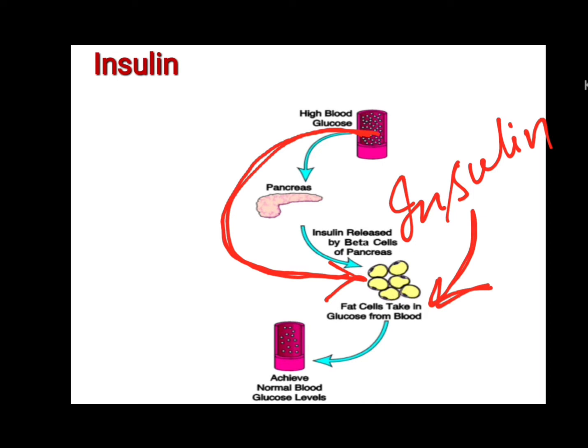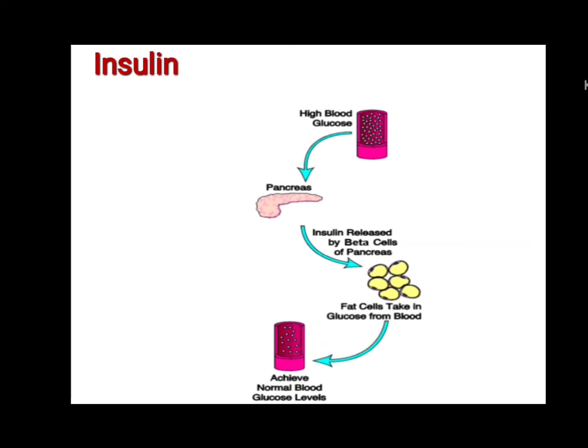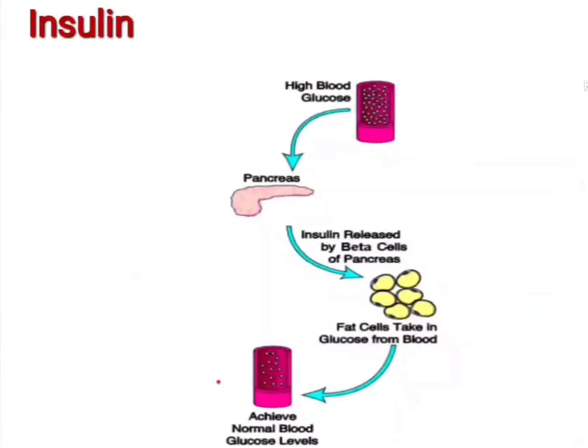More and more glucose present in the bloodstream is consumed by the cells, and then immediately the blood sugar level decreases, as the glucose is being utilized by the cells. In the bloodstream the glucose level decreases and attains the normal glucose level. And when it reaches the normal glucose level, that message will be sent to the pancreas, and the pancreas will stop producing insulin.